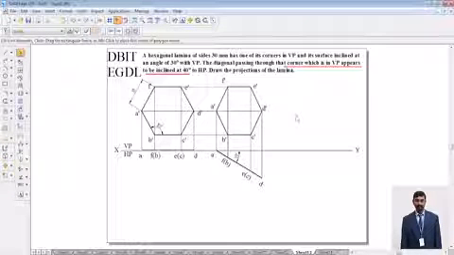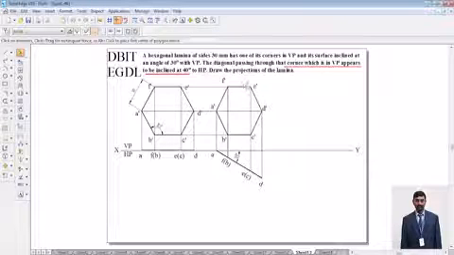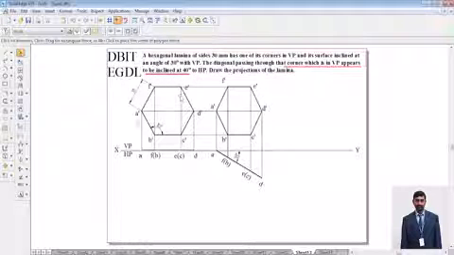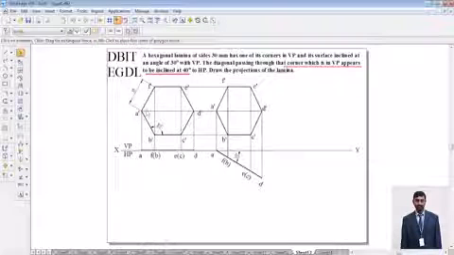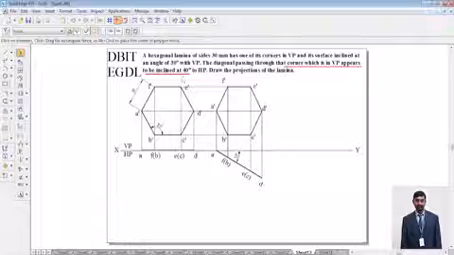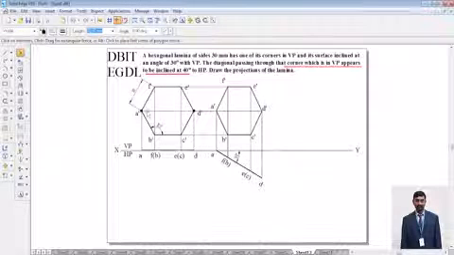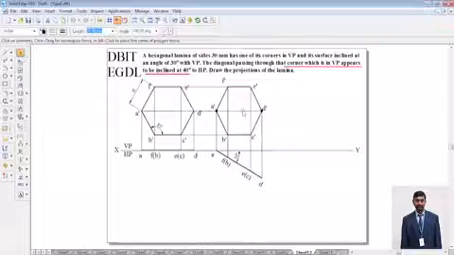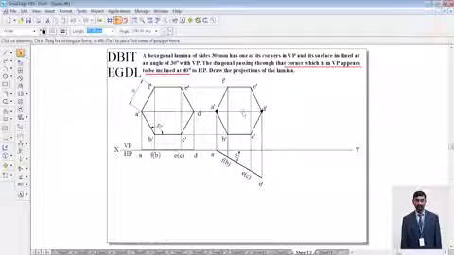Coming to the third position, the next position. Here it has been told that the diagonal passing through the corner that is resting on VP appears to be inclined at an angle of 40 degrees to HP. So which is the diagonal? From A dash, that is the resting corner, one of the diagonals passing through it is inclined at an angle of 40 degrees to HP. That is nothing but A dash D dash in the first position. So in the next position, A dash D dash we have to make appear inclined at an angle of 40 degrees to HP. So this is the third position.